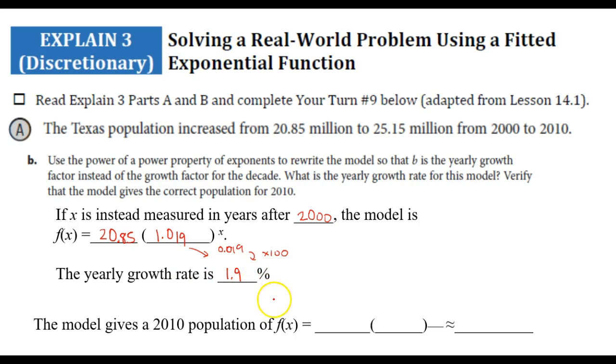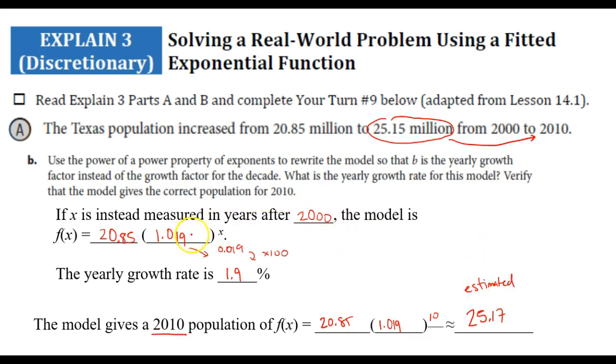So that means our model could be given as 20.85, 1.019, and let's say if I still wanted to know an estimate of the 2010 population, I mean, I know because they give it to me in the problem, it's about 25.15 million, because that's what was in 2010. But let's see if 10 years later if that would actually still be the same. So go ahead and calculate that out. And you should have gotten something like 25.17. So the estimated model using